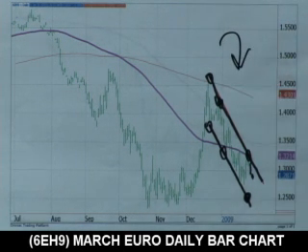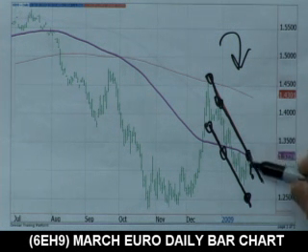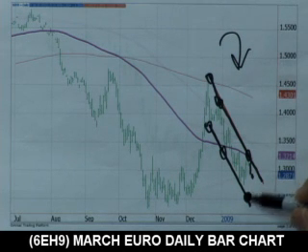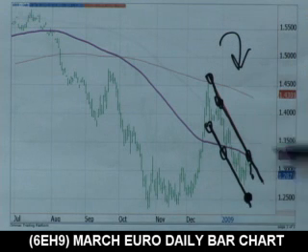Indicators are pointing lower. The formation's pointing lower. The fact that Europe's got to lower rates, it's got to go lower. Whether it happens tomorrow or not, it is still going lower over time. But the analysis does point to it going lower for a day trade tomorrow. So we are going to look for this to get down here at some point, maybe tomorrow, maybe next week. We are sellers. You can see why.